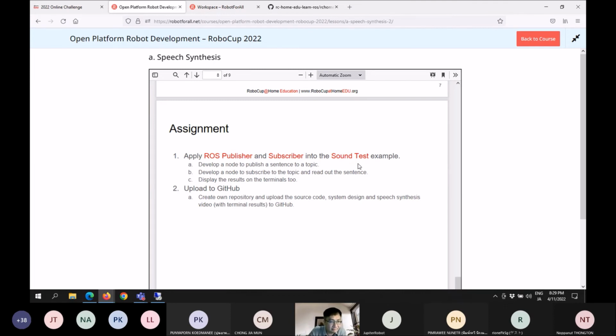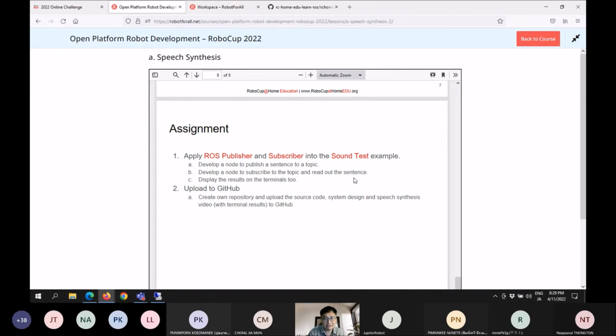But for your application, because later on you are going to integrate this function into other functions, this exercise will serve as the first step for you to integrate this sound function with your other functions, right? So first you develop a node to publish a sentence to the topic, right? So instead of just using rostopic from the terminal, you create a node that publishes the message. And then you create a node that subscribes to the topic